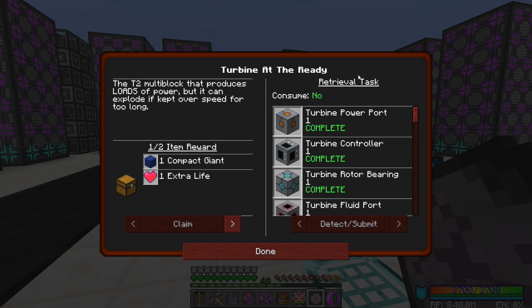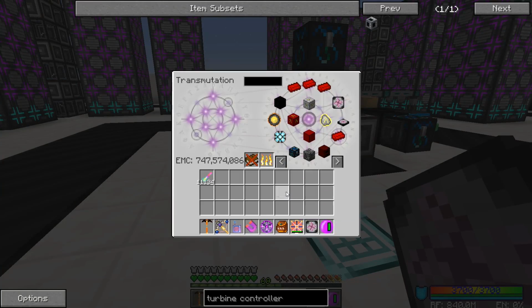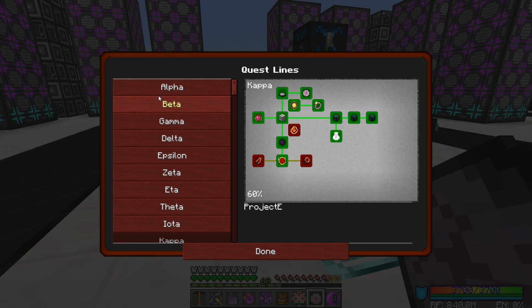Oh, that was just a retrieval task anyway. Did that have EMC? Oh, we could have just EMC'd that. I didn't realize. I thought that was a crafting task. Okay, well, it's a retrieval task. Anyway, so we got that particular quest done. We can claim that loot chest. Yet another section done. So the first section that we have quests available now is